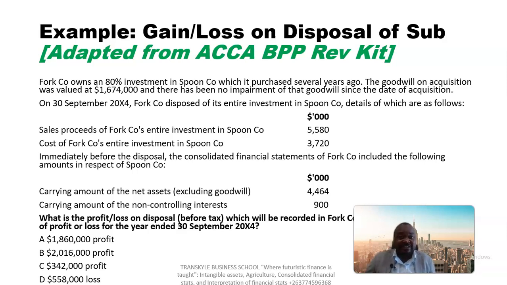Foco owns an 80% investment in Spoonco, which it purchased several years ago. The goodwill on acquisition was valued at 1.674 million, and there's been no impairment of that goodwill since the date of acquisition. On 3rd September 2024, Foco disposed of its entire investment in Spoonco, details of which are as follows. Sales proceeds of Foco's entire investment in Spoonco, 5.580. So that was the consideration which was